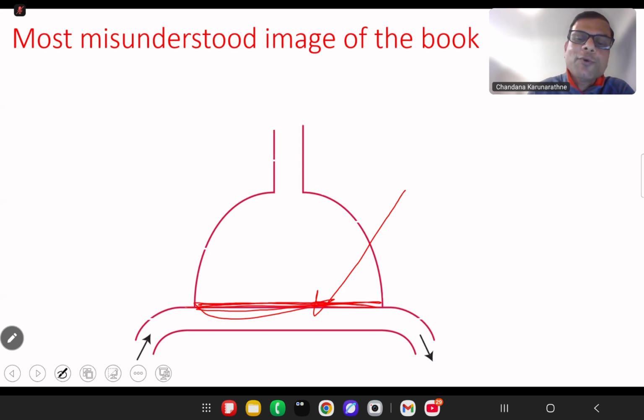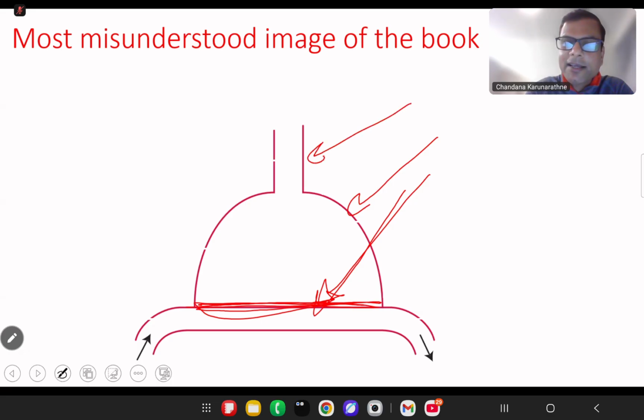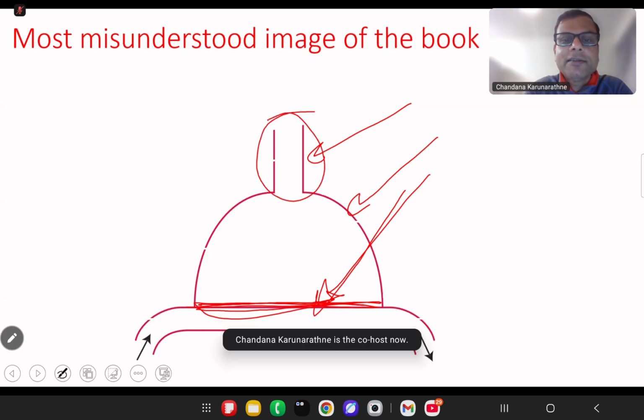This one is the alveolar capillary membrane. It's not just the bottom of the lung. Okay, so this is not the lung. This is not the trachea or the conducting airways, you can say, but this actually represents the dead space. So it includes all kinds of dead space in this one. So this is the alveolar